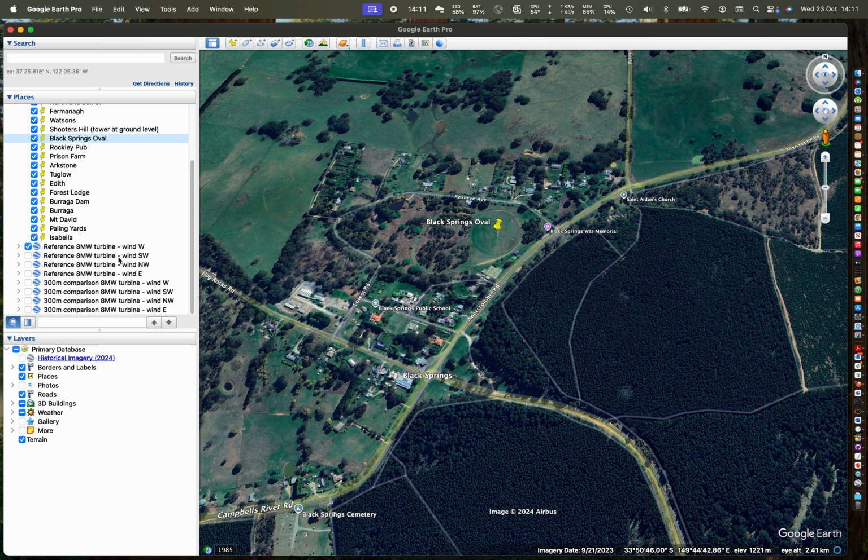So in the first instance, I would look at the reference 8 megawatt turbine, which is probably the one that they will propose to build if they stick with the 250 turbines as currently proposed. So if we go through the instructions on the website, first step is to suggest viewing the